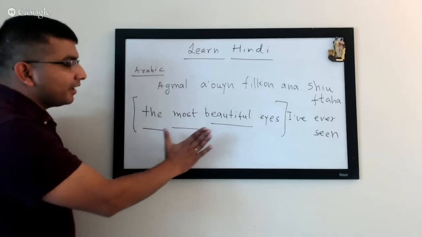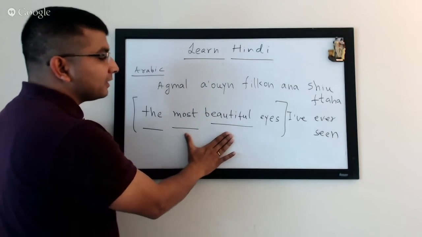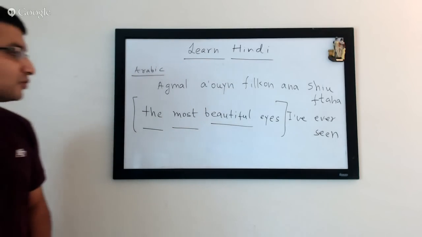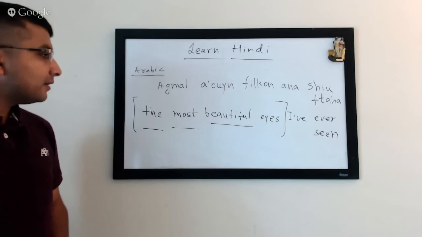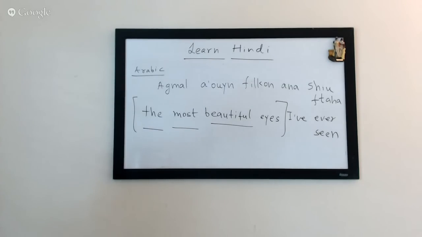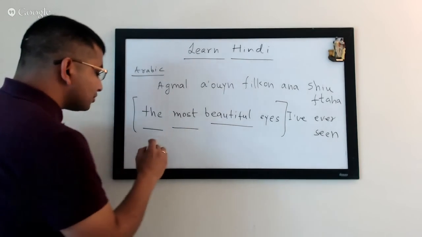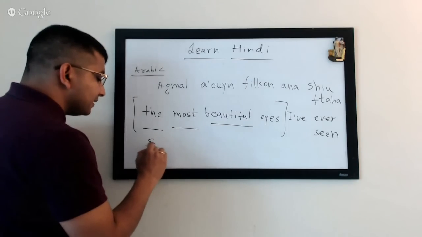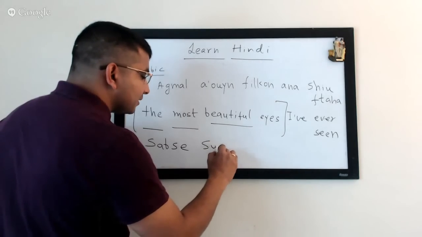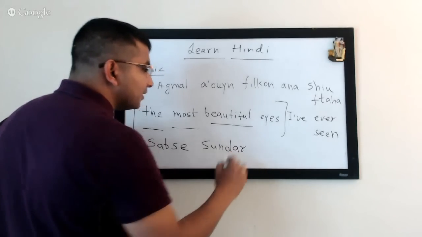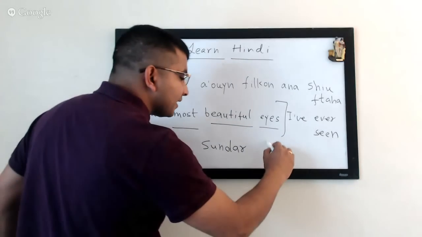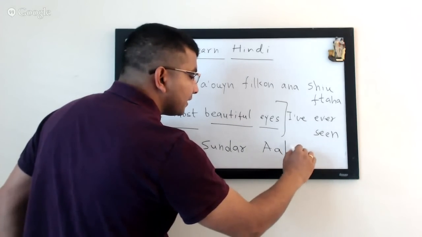So as I said, I'll be spending a lot of time coming up with different sentences that cover this particular phrase. And I thought it was pretty interesting in the song, and I want to sort of replicate that in Hindi. So let's get going. So when you say the most beautiful, in this case it would be sabse, and beautiful is sundar, sabse sundar, and because it's eye, eye is aankh, but it is eyes, it would be aankhein, aankhein,